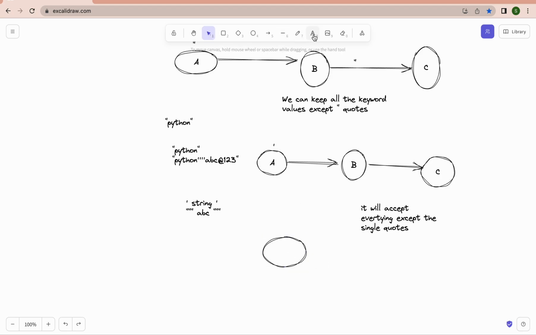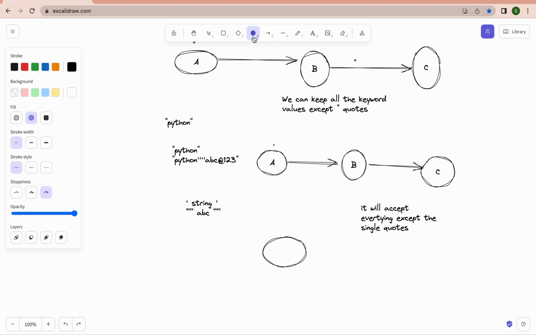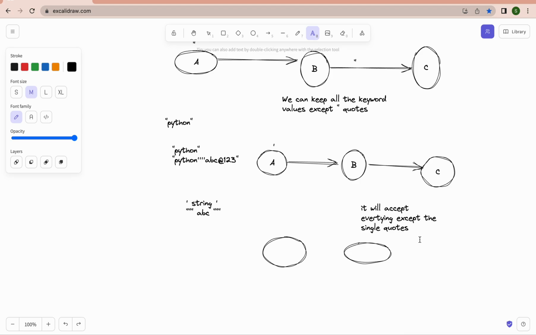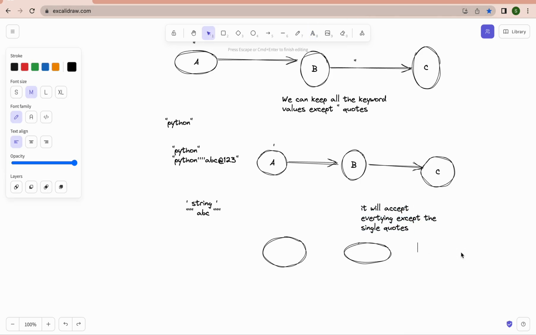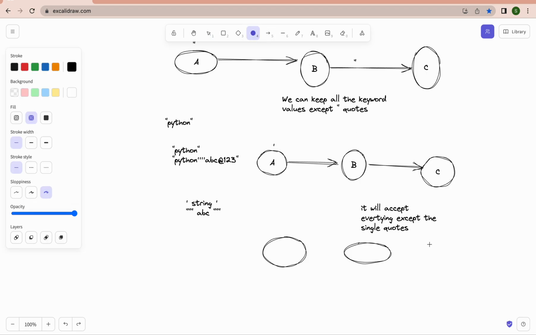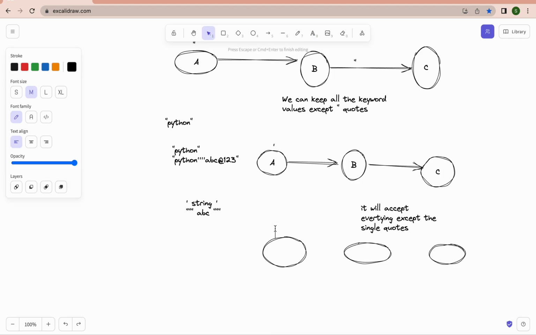A, another is called my B, another is called my C. A, B, C. Okay, if user is starting with triple quotes, it should end with triple quotes.